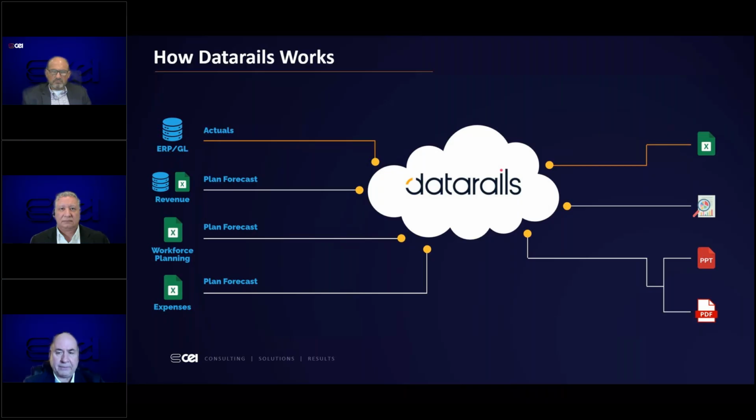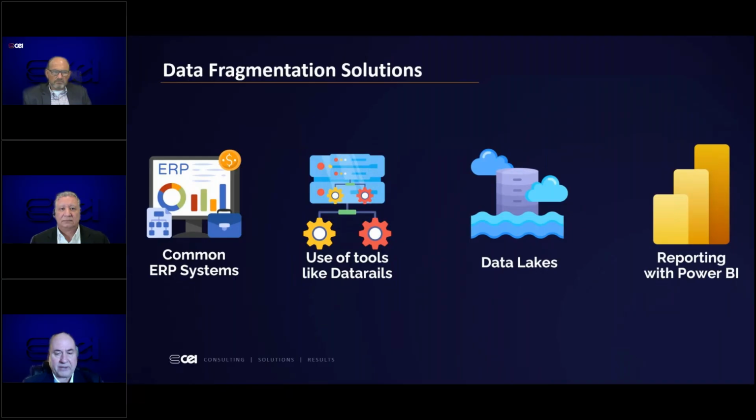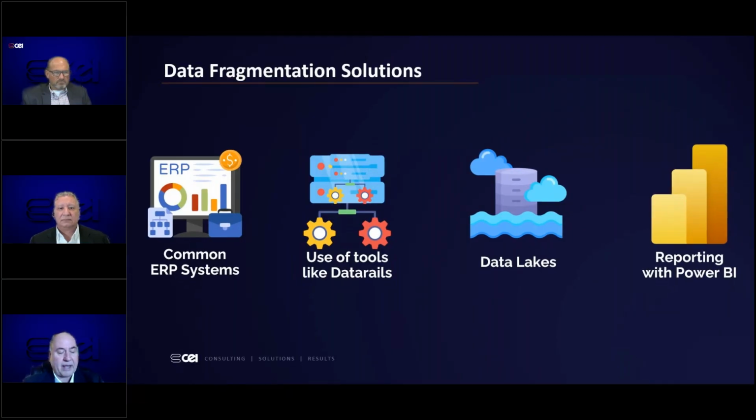Option number three, data lakes. There are 3 levels of data lakes that we will address. The basic data lake infrastructure uses automation to regularly extract data from source systems and land it in a secure cloud storage. This raw, or what's normally referred to as bronze, storage exposes the data for further analysis and preserves historic data over time